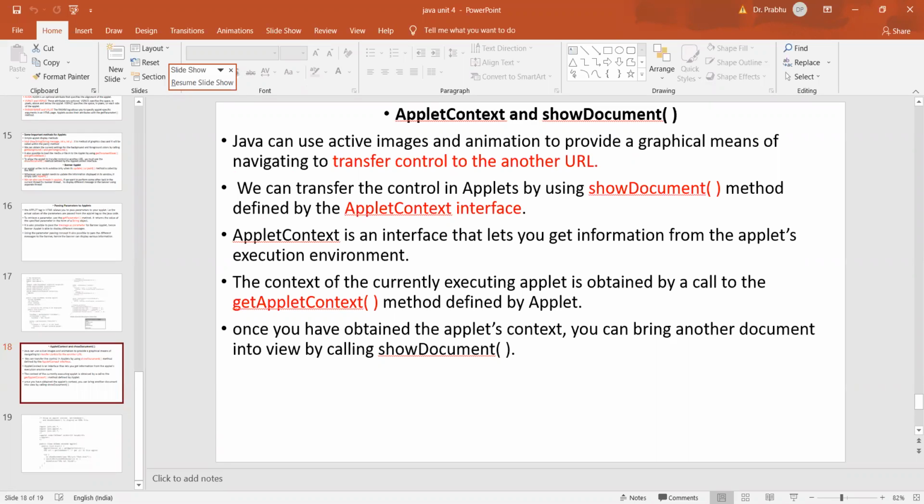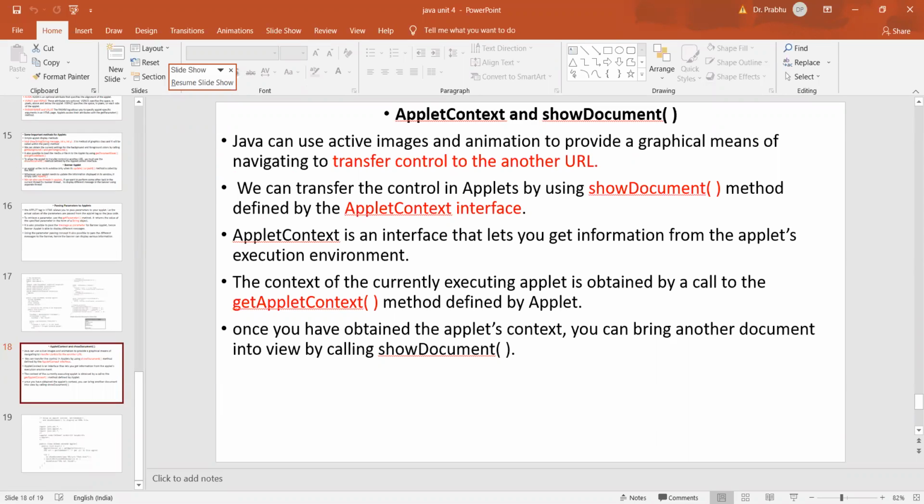If you click that link, the control will go to some other thing. Rather than using that link, Java also provides the facility to use active images and animation features, so that if you click those pictures and animations, then the respective image, document or file will be opened. Control will be transferred from the applet to there.